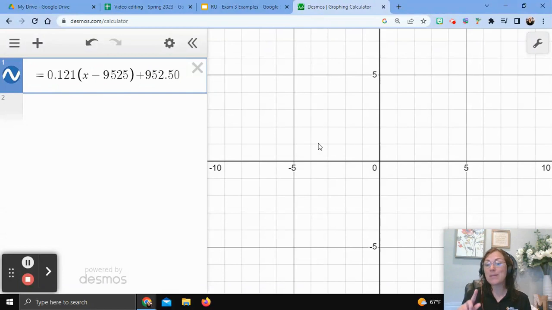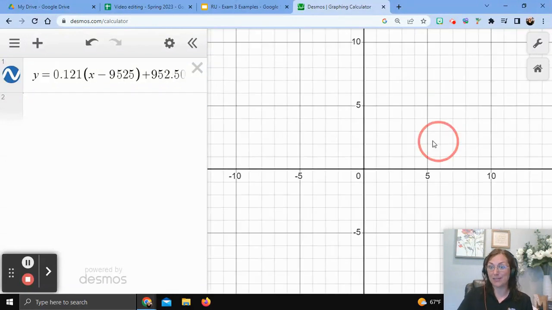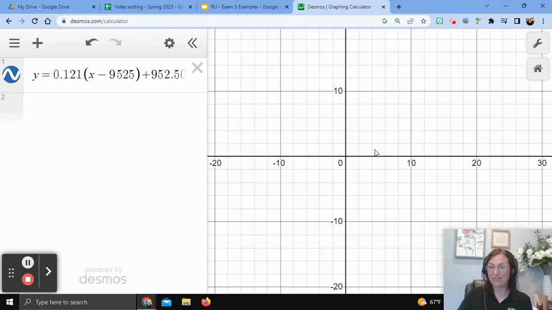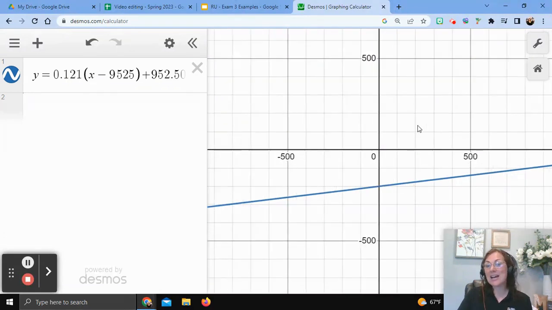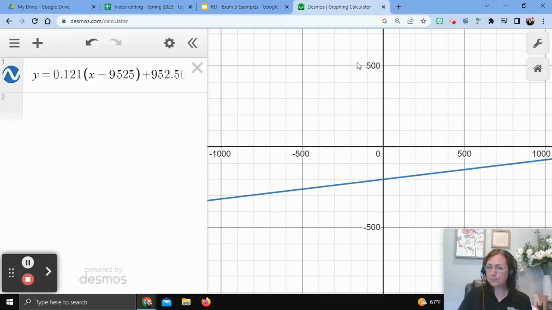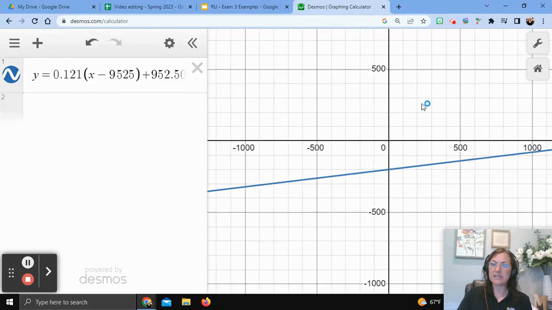Because I want you to remember that domain. We said the domain had to be 9,525 or bigger. So what I need to do is zoom out a lot, because my x values here are like 5. So that's not even going to work for us. And so as I zoom out,